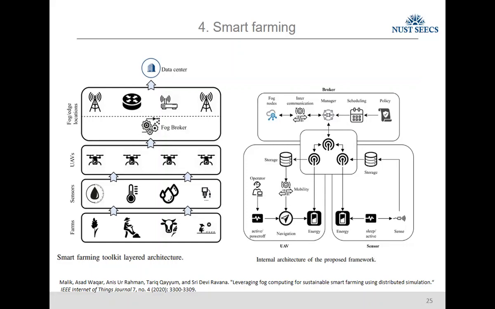So we have the UAVs. UAVs have an energy constraint, so they have limited time. After every second, we reduce their energy and check how much residual energy they have, to see whether they can continue with their journey or not. And the broker manages all these incoming tasks, assigning them to the available resources for further computation. When I say computations, we are talking about MIPS, million instructions per second. We are not talking about a particular application. The task comes in terms of MIPS, we provide computation in terms of MIPS, and based on that, we analyze how much energy we are consuming at the data center, how much energy we are consuming at the intermediate nodes, and how much energy is required to cover the entire region for smart farming.